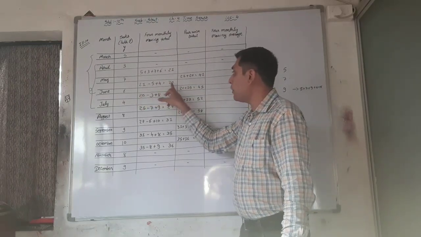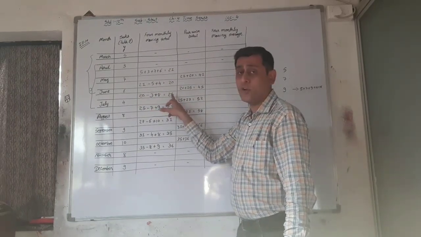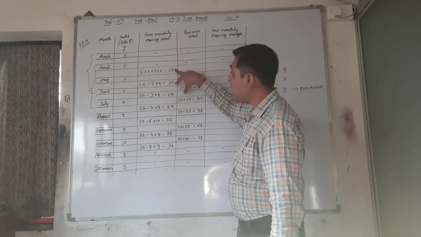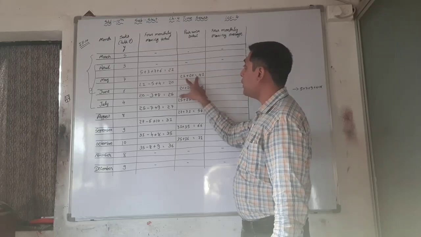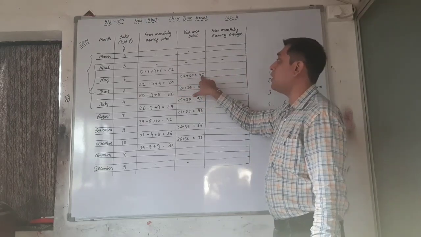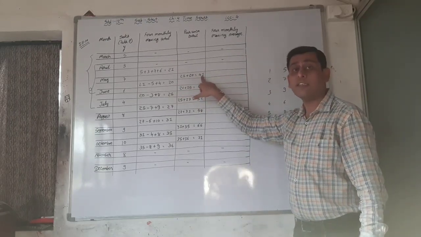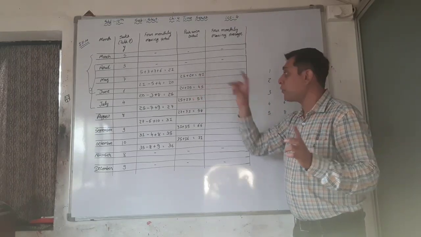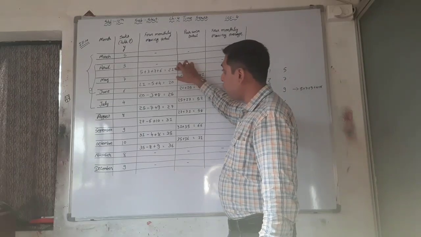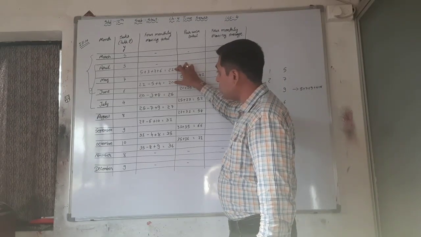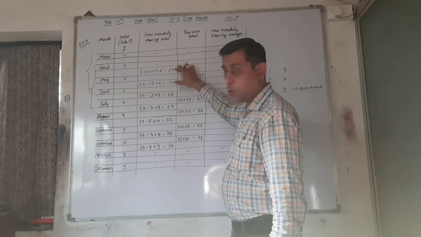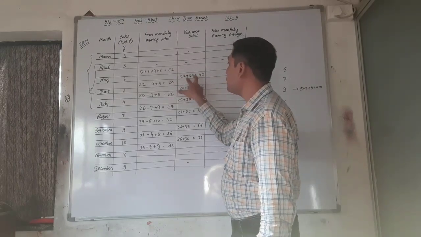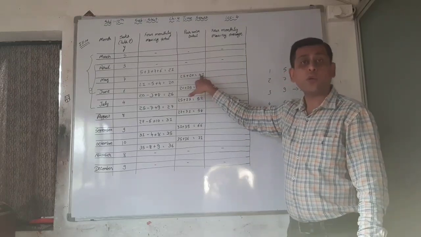Here again, 4 monthly moving total. But then 4 plus 4, we are adding these two, that is an 8 monthly moving total. Here the total is an 8 monthly moving total, not a 4 monthly moving total. See again, here a 4 month moving total plus this one is also a 4 month moving total. That's why, whenever we are adding these two, this is the 8 month moving total.